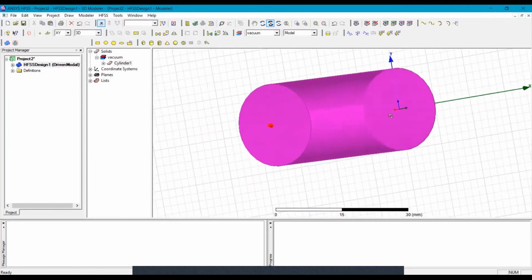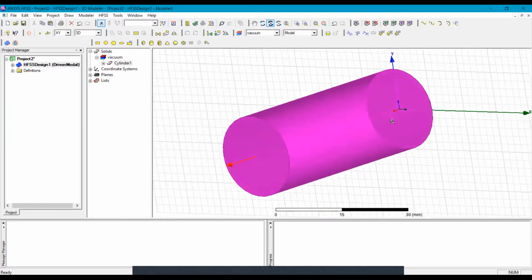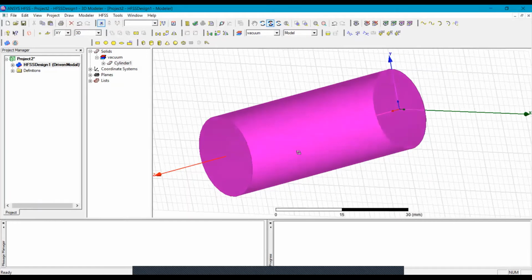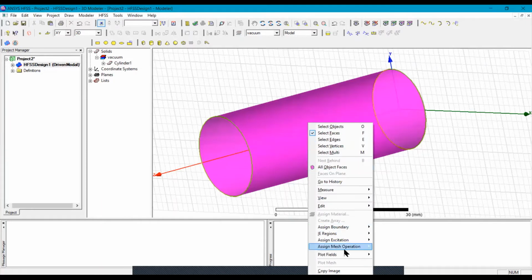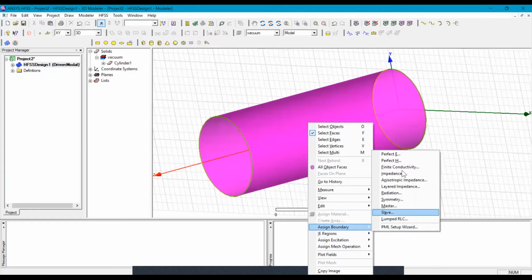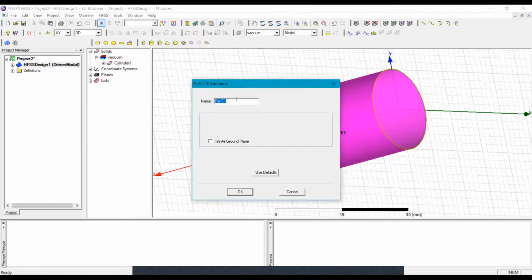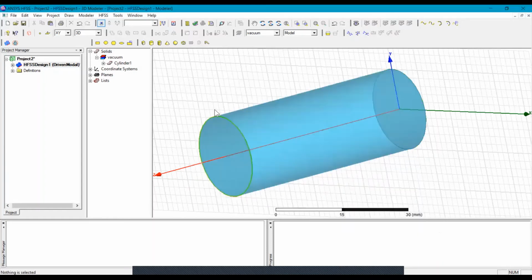Now what we will do, we will assign the electric field boundary to this waveguide. By F key, I will select the surface, and by right clicking here, this is assign boundary, and I am choosing perfect E. Okay.